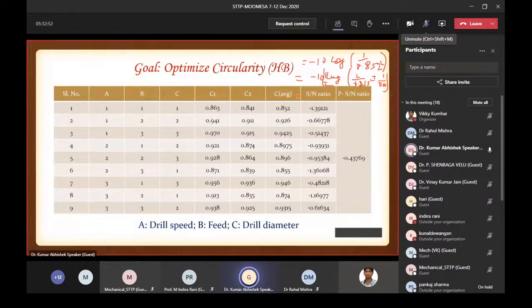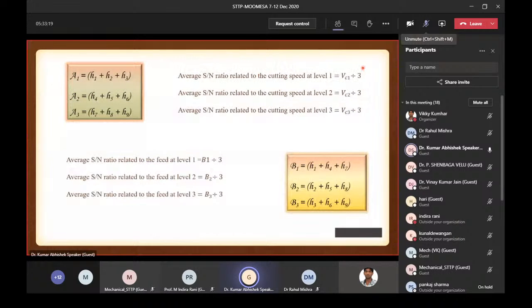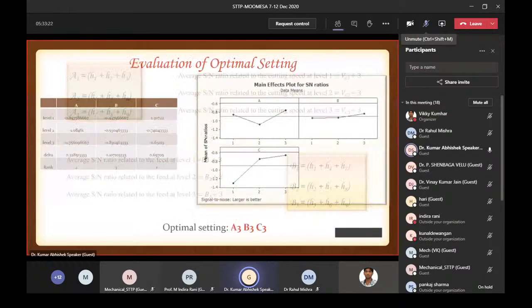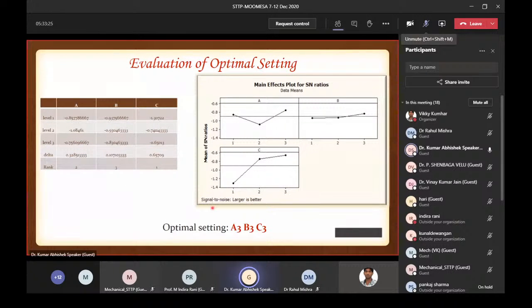Suppose if the nature of your response is the smaller is the better, so you will compute the signal to noise ratio by using the formula -10 log 1 upon y square। ठीक है, जो एसएन रेशियो स्मॉल इज द बेटर क्राइटेरिया उसको यूज करके आपने फाइंड आउट कर लिया। क्लियर है, एसएन रेशियो है ना। और उसके कारण आपने एक टेबल बनाया। तो यहां पे जब आप इसको देखोगे वहां पे क्या होगा, सिग्नल टू नॉइज रेशियो, आपका क्राइटेरिया क्या था, स्मॉलर इज द बेटर, तो यहां पे स्मॉलर इज द बेटर क्राइटेरिया आ जाएगा।